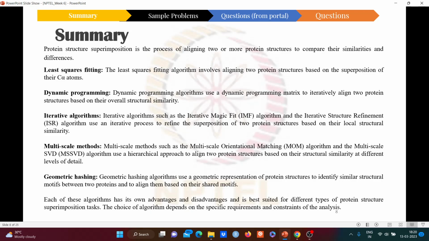Each of these algorithms has its own advantages and disadvantages and is best suited for different types of protein structure superimposition tasks. The choice of algorithm depends on the specific requirements and constraints of the analysis. So here I'll be discussing one method in detail that has been discussed in the NPTEL video as well, that is